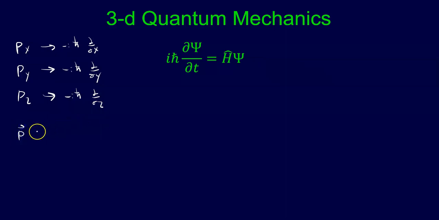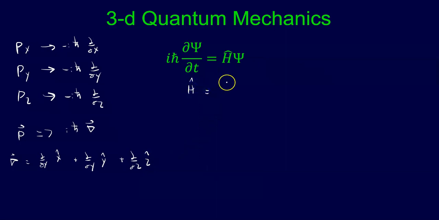And so we're going to say that the total vector momentum operator that represents momentum is i h bar times the del operator, which you've probably seen before, but it doesn't hurt to go through and discuss this a little bit more in depth. This is the operator of these three partial derivatives in their vector directions. So again, this is a vector in the x direction, a vector in the y direction, and a vector in the z direction. And so over here we can write our Hamiltonian in three dimensions,